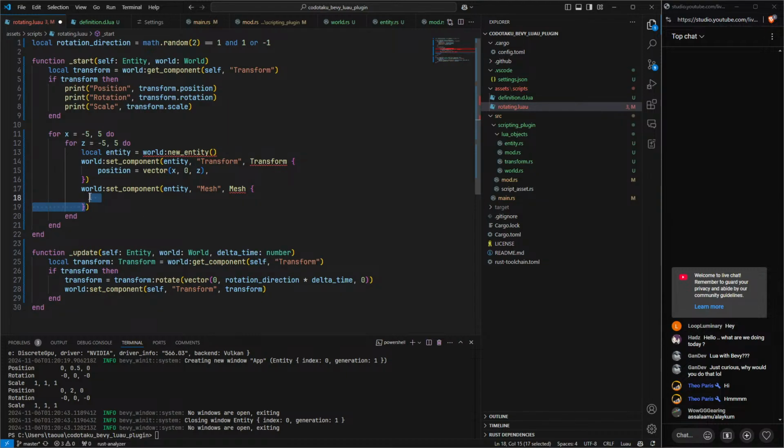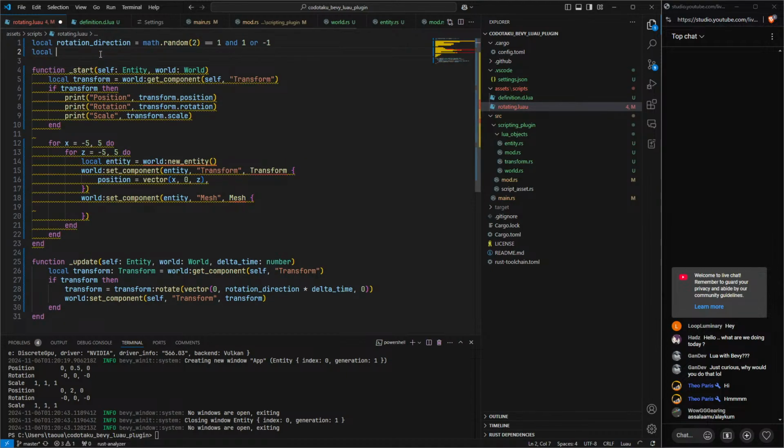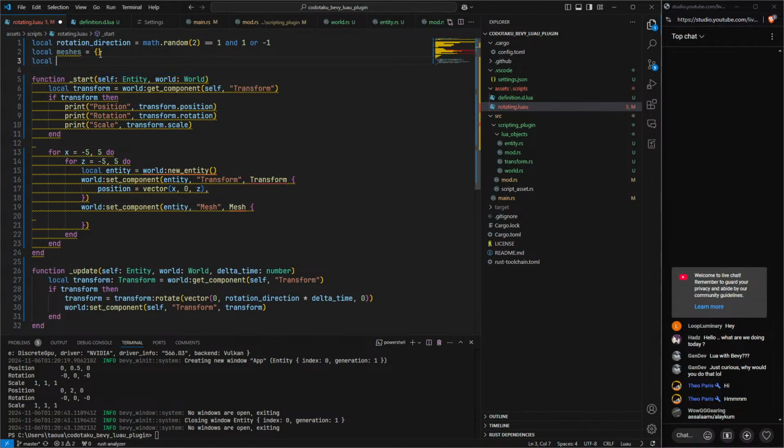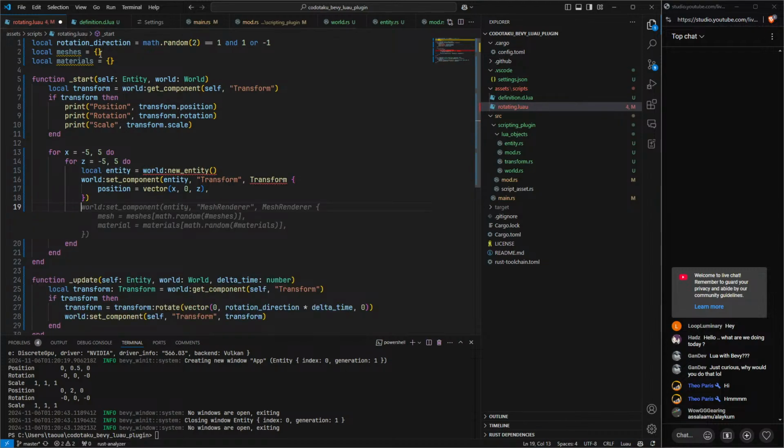Well, actually, no. So you're basically gonna have local meshes equal to a table, and local materials is equal to a table. So you can basically keep track of them. Or instead of that, hold on. Actually, yeah, maybe. And then basically what we're gonna need first is to like say